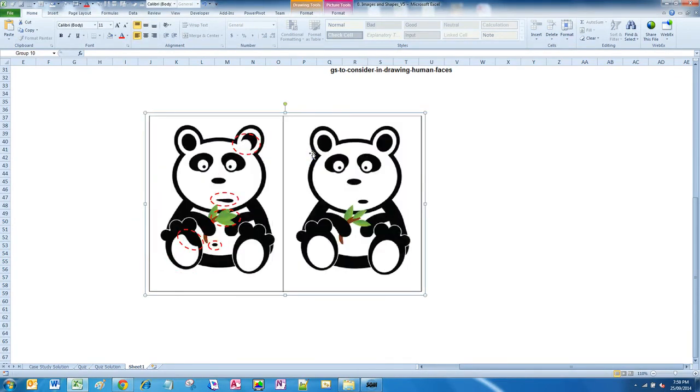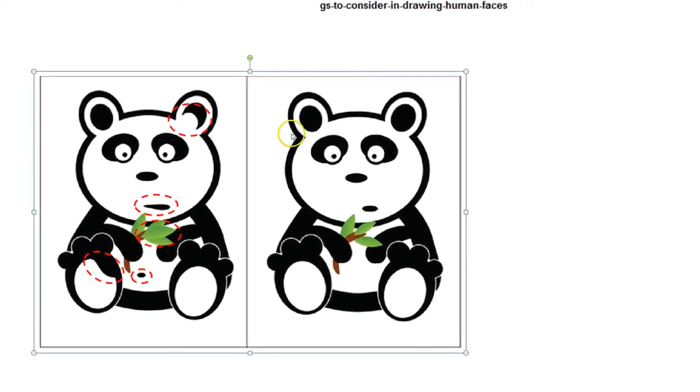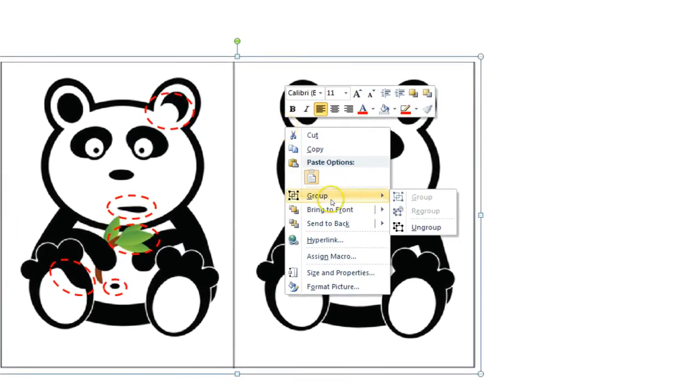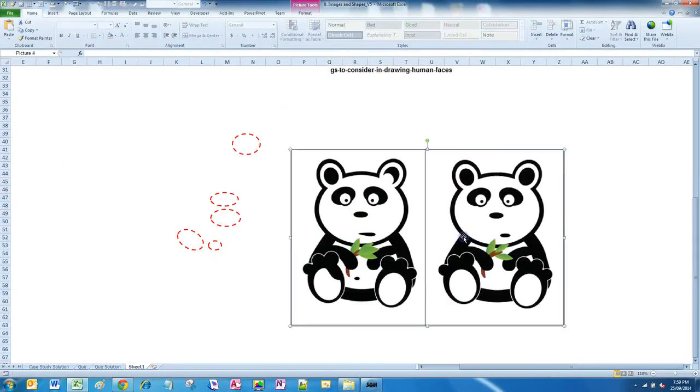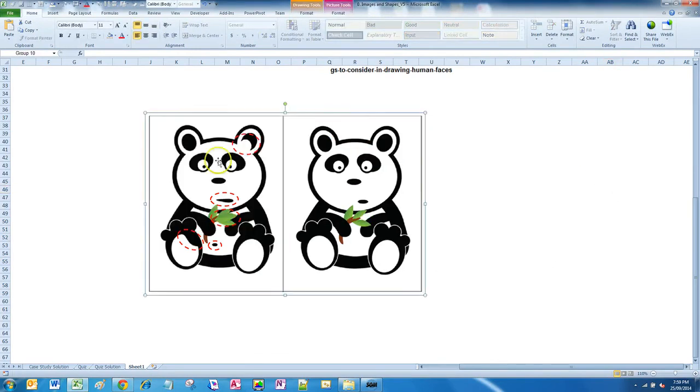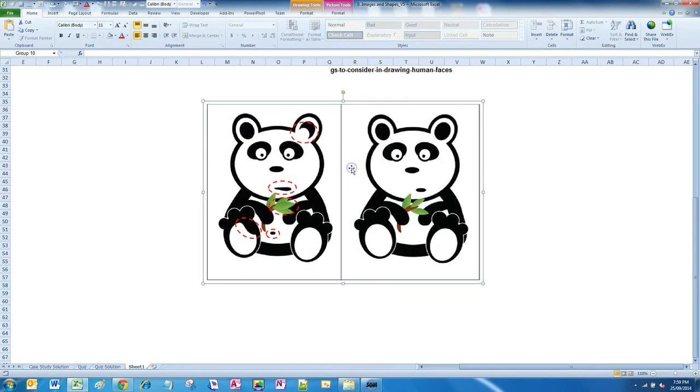Now what happens if you don't have grouping? Well, let me show you. To ungroup, we want to right click, Group, and then Ungroup. Now watch what happens when I move the background. You lose the images. So what happens is, you have to pull them back, push these back over here, and it's just a waste of time. Don't do it. Just use grouping. It's an awesome tool, and it's going to save your life when it comes to